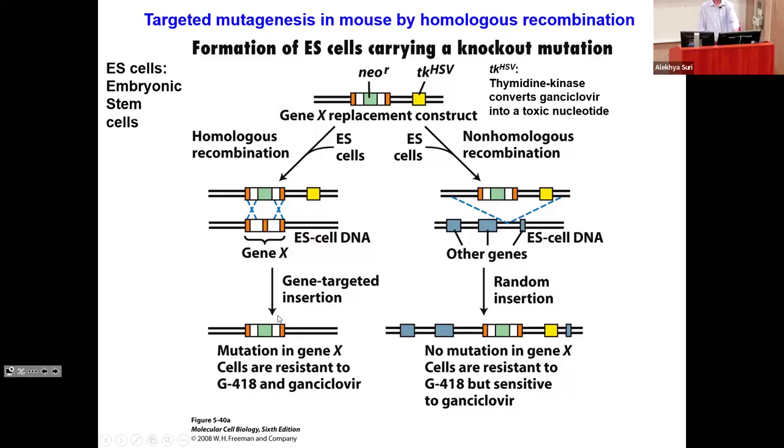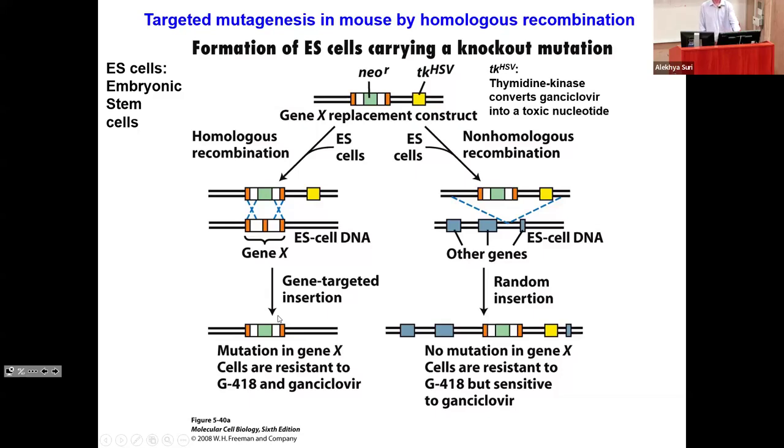If there's a correct integration at the site of interest, the thymidine kinase is not present. So that's on the left side. If the construct will go some other place, the thymidine kinase will still be there. And so that makes this conversion. If the ganciclovir is present, it will cause the conversion to this toxic nucleotide. So at the bottom, what we see here,